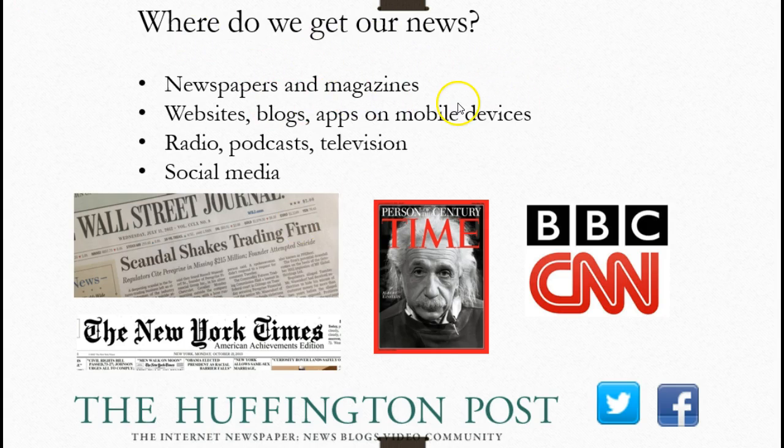So where are we getting our news? Newspapers and magazines, websites, blogs, apps, radios, podcasts, television, social media, all different outlets. So for example, I read the Wall Street Journal, I read the New York Times, I read the Chicago Tribune. I do listen to things on CNN. I do sometimes follow news information on Twitter. My Facebook is generally family and friends, but lots of information, I want to say more propaganda than news, pops up in my Facebook feed, unless it's Facebook accounts that I purposely follow.